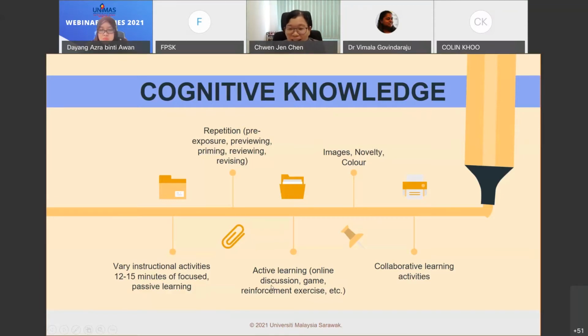So do consider including some of these kinds of activities in your online learning. And images, right? Because our brain processes more visual data than any other type of data. Therefore, we have to put images into our learning materials, into our teaching materials, and even other kinds of activities. Try to put in more images, and novelty as well as color, can also help us